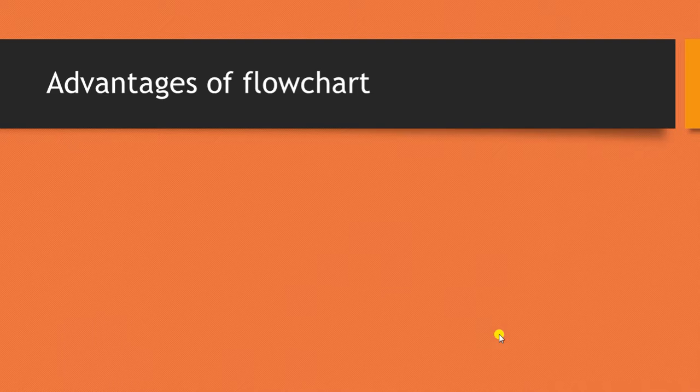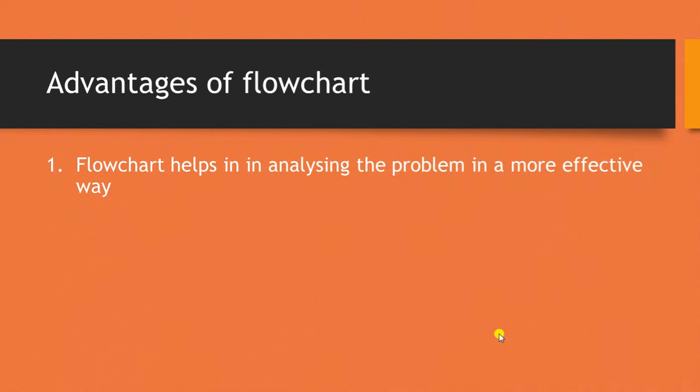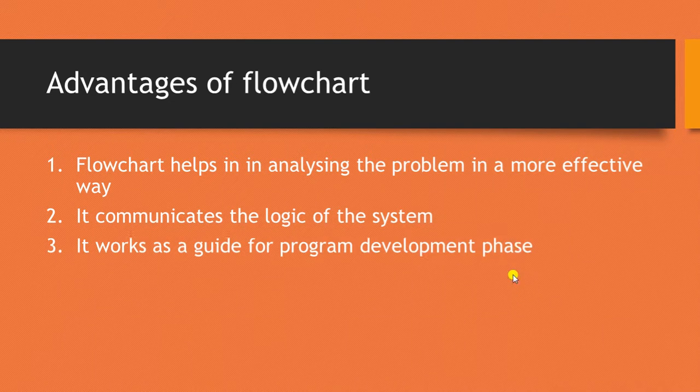Then once the flowchart is ready, you must know why we are making this, because a flowchart helps in analyzing the problem in a more effective way. हमें समझ में आ जाता है हम क्या प्रॉब्लम लेकर चले हैं और हमारा स्टेप्स क्या होंगे, और हमें लॉजिक भी समझ में आ जाता है कि किस लॉजिक से हम काम करने वाले हैं. And sometimes it happens that more than one programmer is making the program, so it is working as a guide for the rest of the programmers to understand the logic, and it helps us to find the errors.